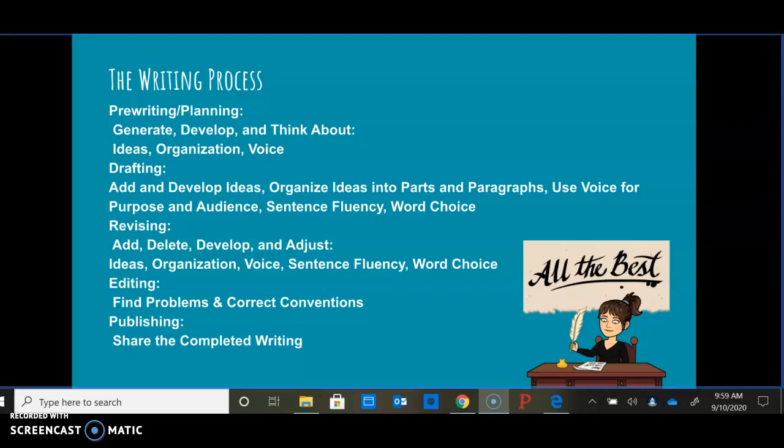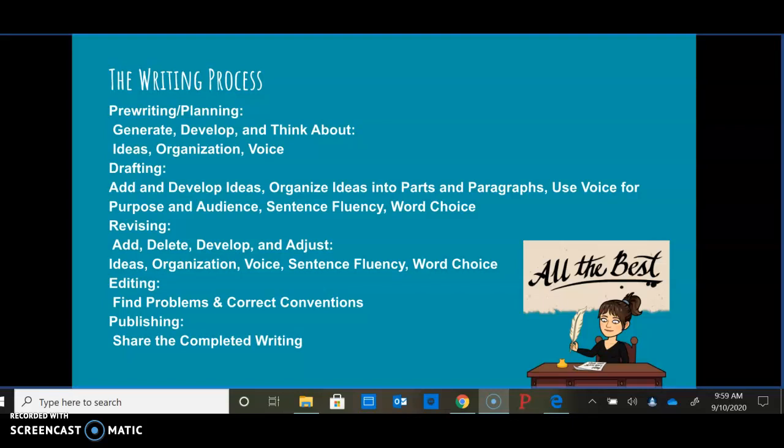All right, so I'm going to go over the writing process with you, and some things you'll need to know as you go on writing your narrative for this week. And really, you can use this in any class, whether it be history or your English down the road, or maybe even in science or an elective. All right, so the writing process